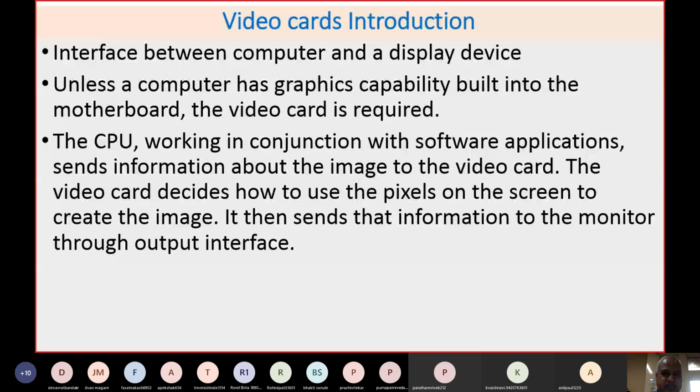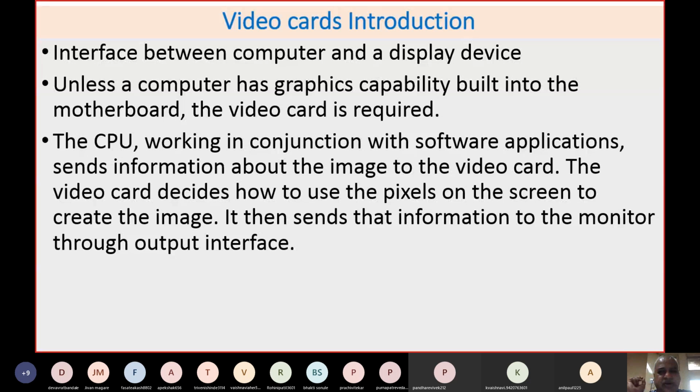Now when you talk about adapters, normally we call them video cards, which are responsible for displaying videos or images onto your monitor. These video cards can be of two types. One can be internal video cards, that is onboard video cards, or sometimes the video card can be an external video card. Nowadays an external video card is mostly an AGP card, which you normally or popularly use for multimedia operations or very fast graphics operations.